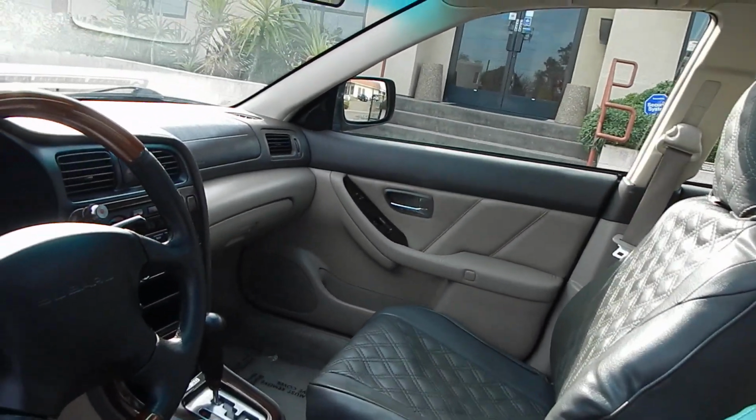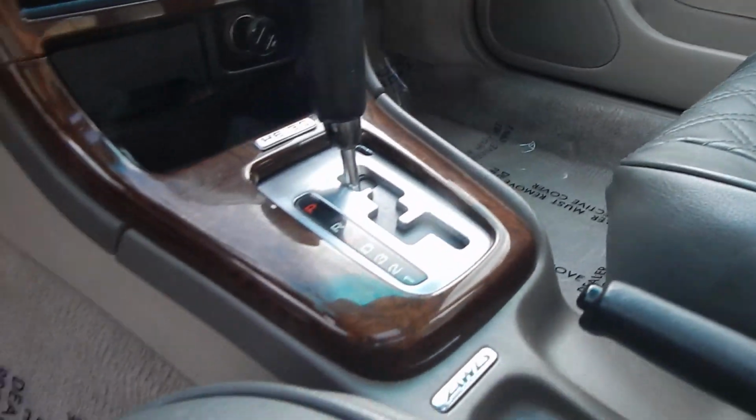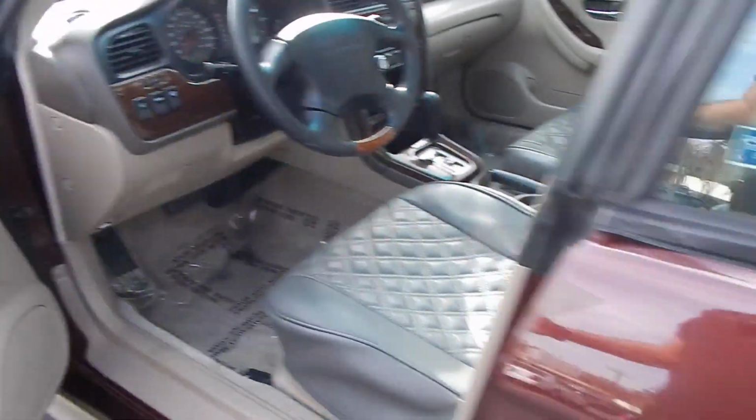Brilliant vehicle. Single cup holder up front over here, and plenty of room in the center console. Carpeting throughout the vehicle is very clean and in nice shape. So we'll go ahead and unlock all the doors and pop the hood. First, we'll go ahead and take a look at the rear passenger compartment area,